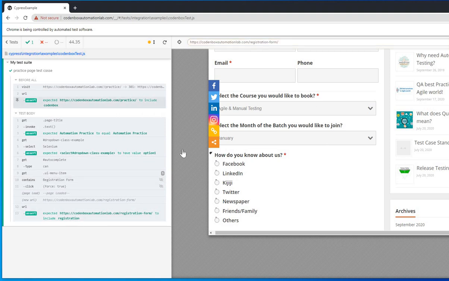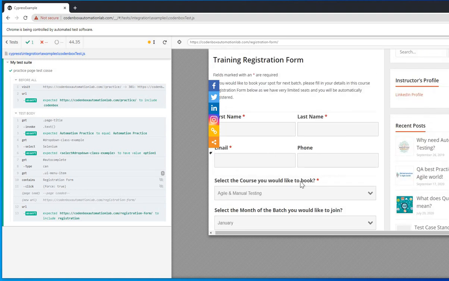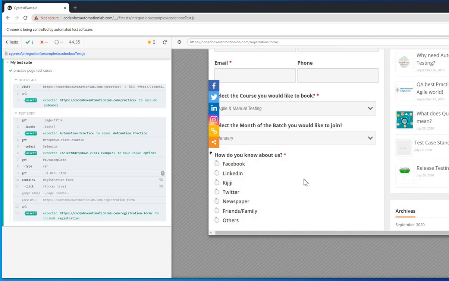So that's, you can say, the use case of the page object design in Cypress, right? We still have one more page remaining. So this registration page we will do. But for now, this